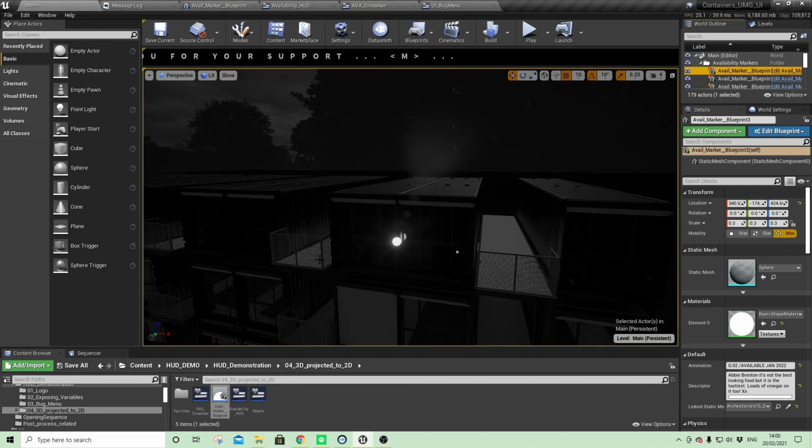So that's just how to add an actor to your world, expose the variables, and then add in some values to those